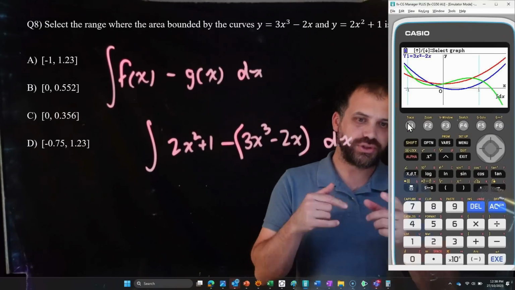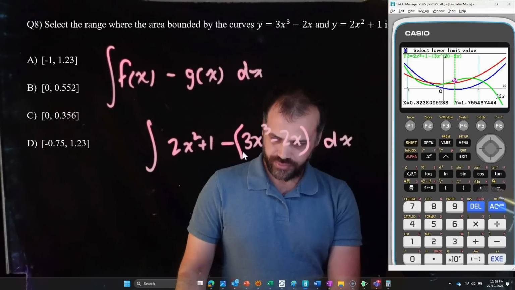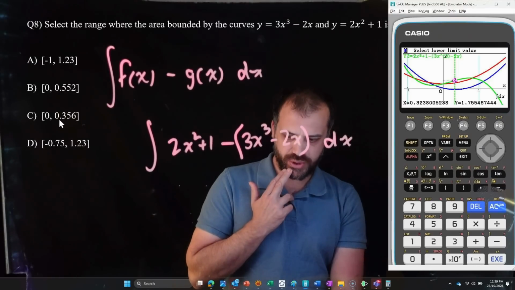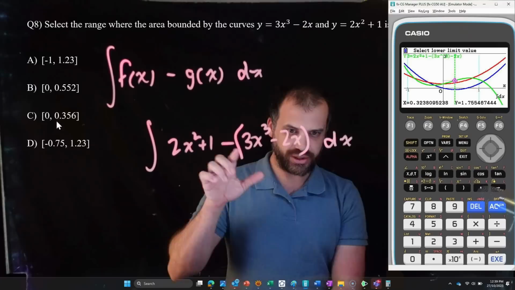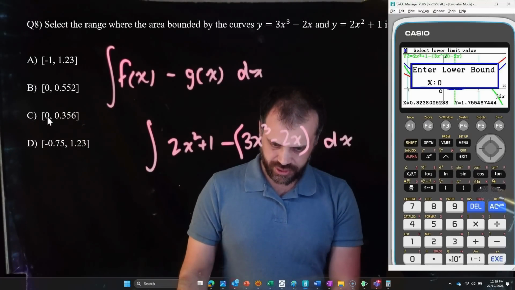Then you just got to be careful because it asks you to select your graph. Make sure the correct graph, the green one, is flashing. Enter. And then just choose, I think it's one of these two, right? For the reasons I mentioned earlier, there's these weird intersections. Let's just try this one, say